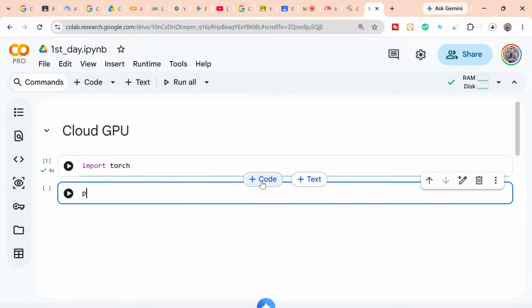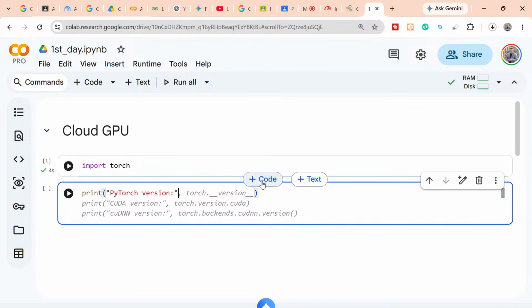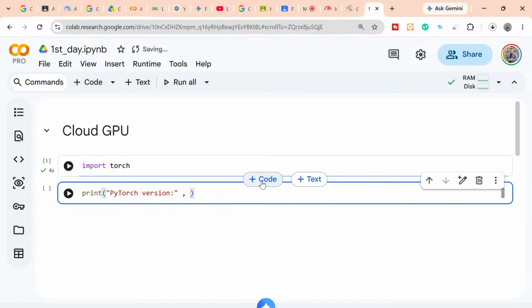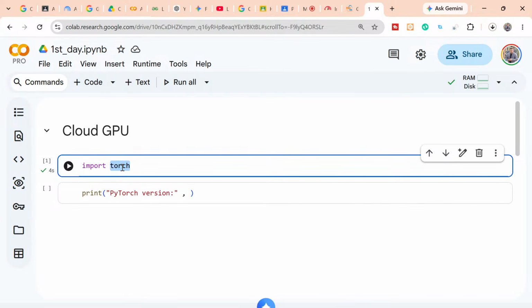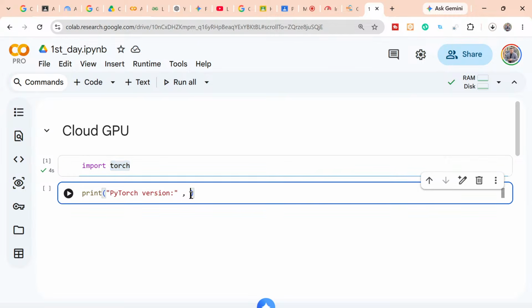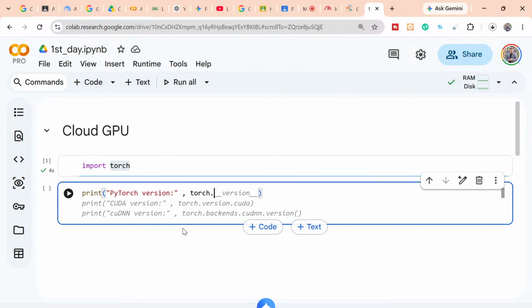For that, I just print PyTorch version. I call the library torch dot